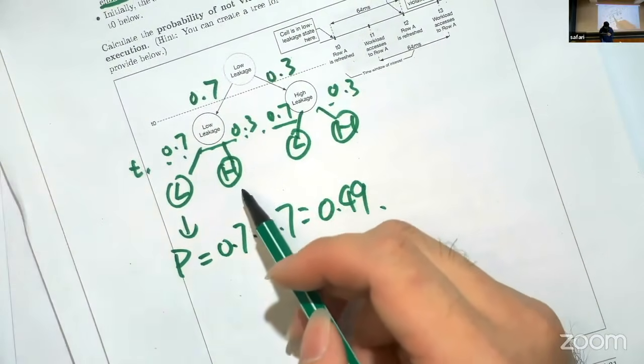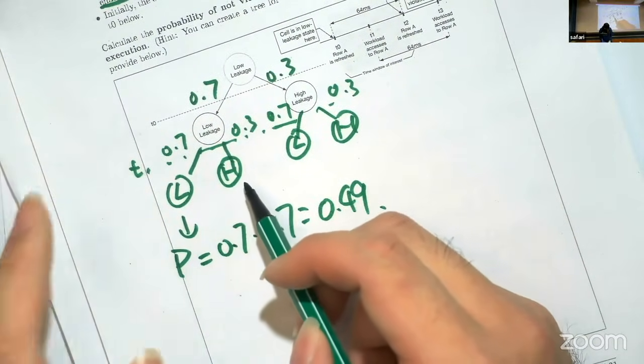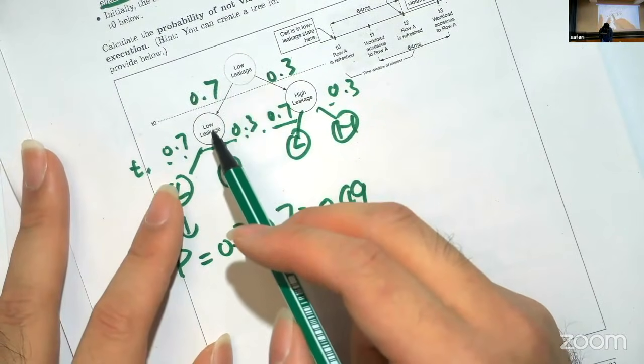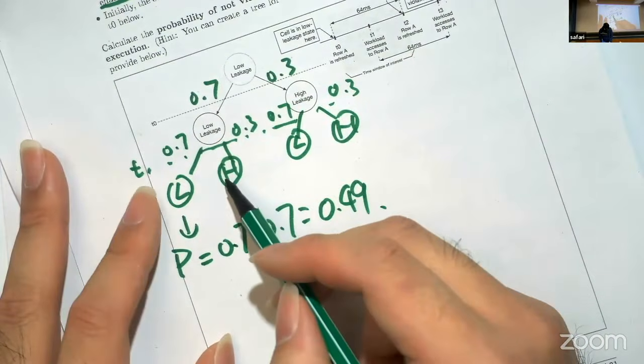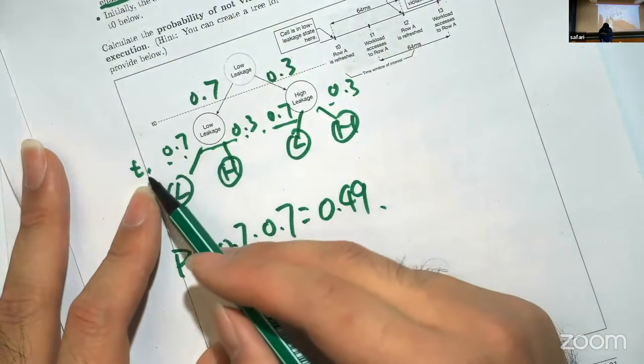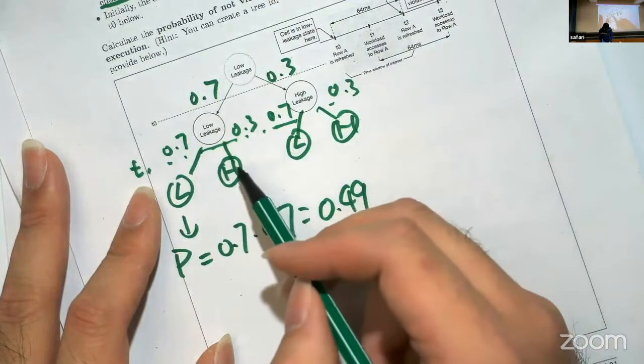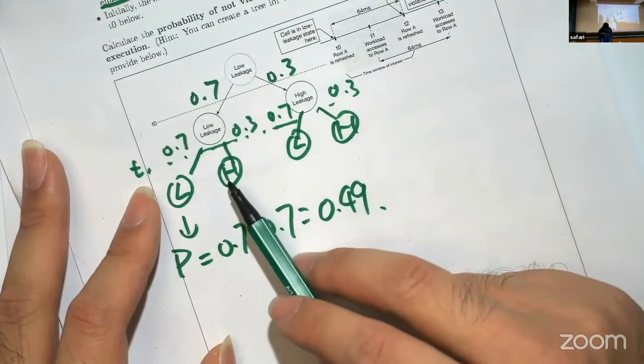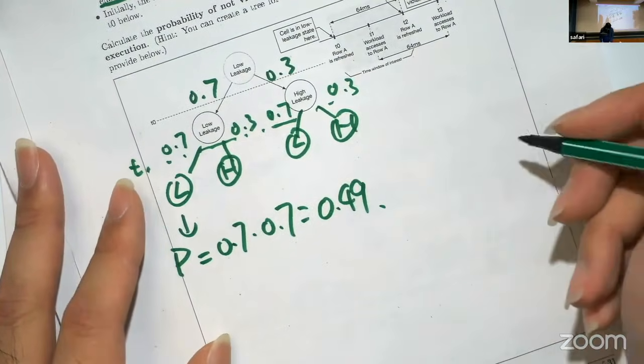And for this H state, initially it's in low and then in low, but after the access at T1, it will change to a high leakage state. So this means that